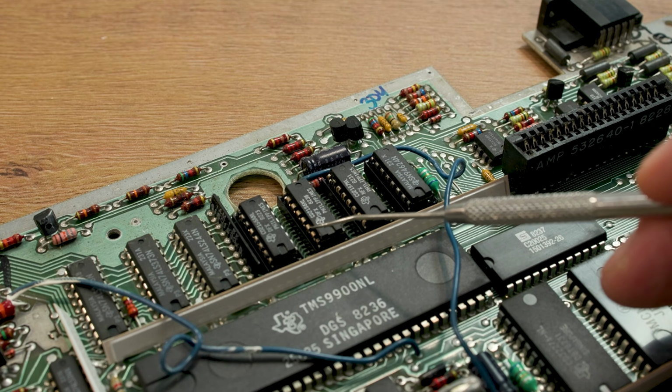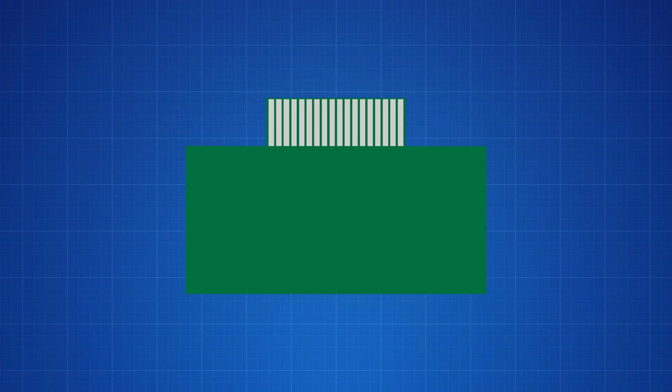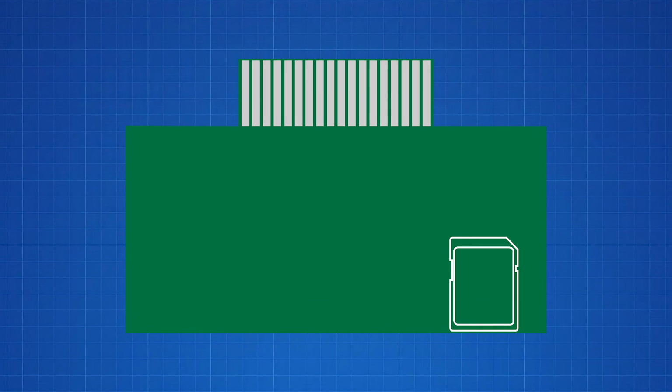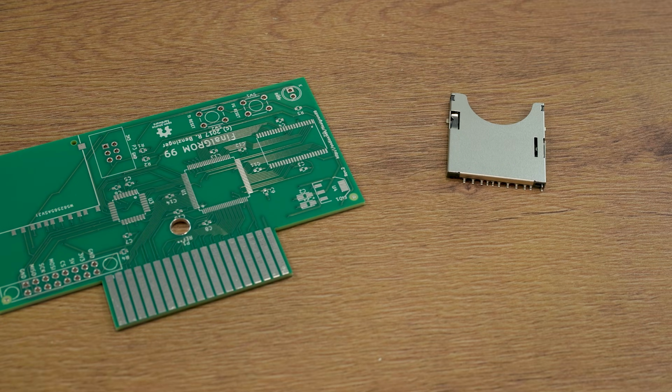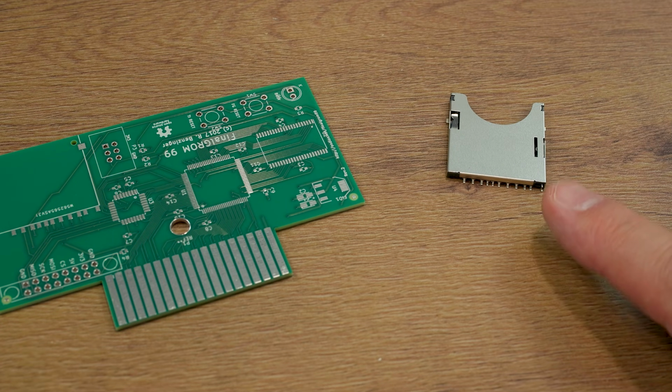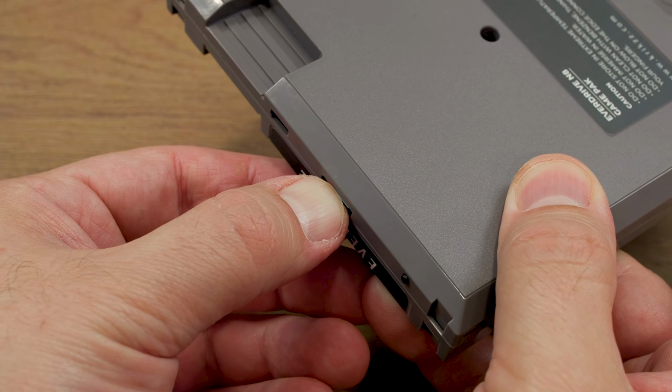But at the end of the day, it's still just a read-only memory chip that contains code which ultimately gets executed by the CPU. The design of the Final GROM 99 is relatively simple and illustrates some key concepts that are universal to all flash carts. First, you'll find some type of flash storage. In the case of the Final GROM 99, there's an SD card slot,